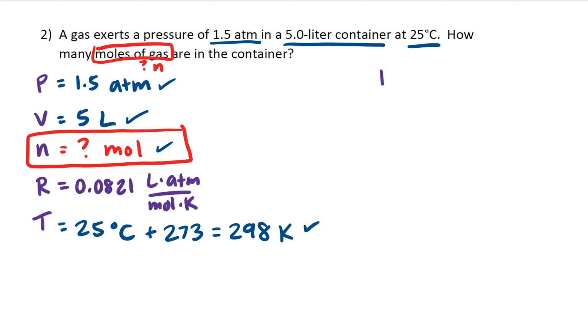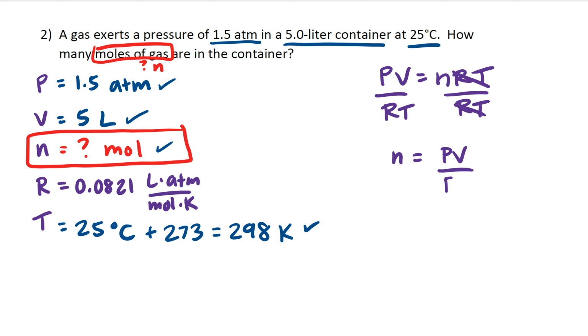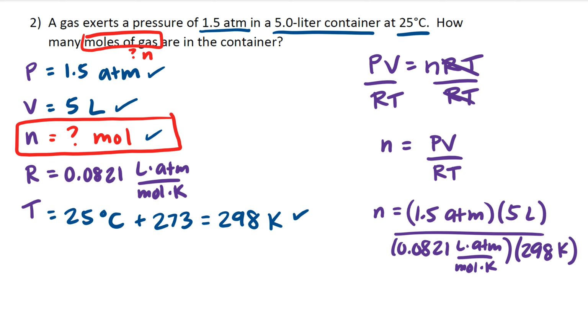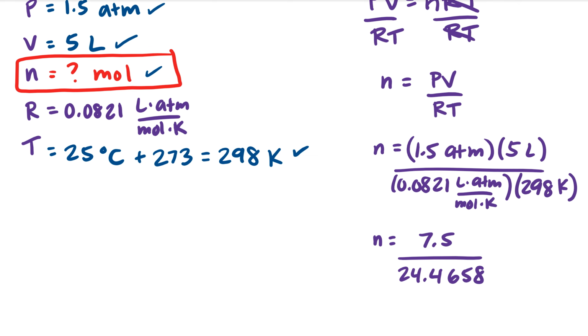Okay, write out your ideal gas equation, PV = nRT. And we're going to rearrange this so that we solve for N, divide both sides by RT. So N is equal to PV over RT. And now we're going to plug in our numbers into this equation. We have our values substituted in. Now we're just going to simplify a bit. Now we're going to divide, and N equals